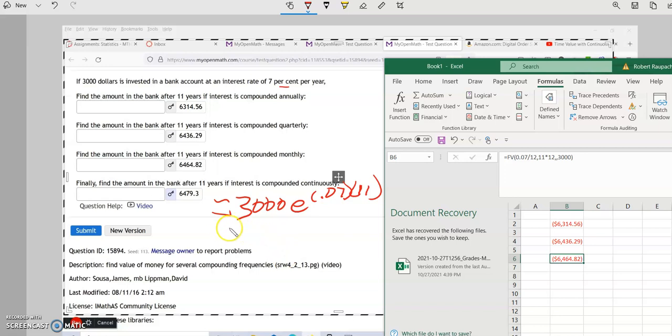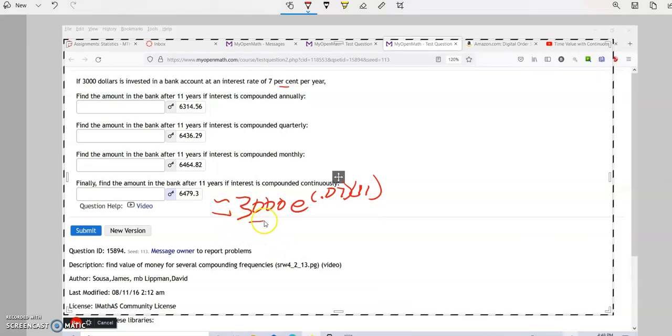Okay, and then this last one, the formula is how much you're putting in now, 3,000, times e raised to the 0.07 times 11. So in your calculator, if you have an iPhone, turn it sideways. First thing you want to do is 0.07 times 11, then hit equals, and you get 0.77. Then hit the e to the x button, and then that should give you 2.1597, blah, blah, blah. And then multiply that times 3,000 to give you your